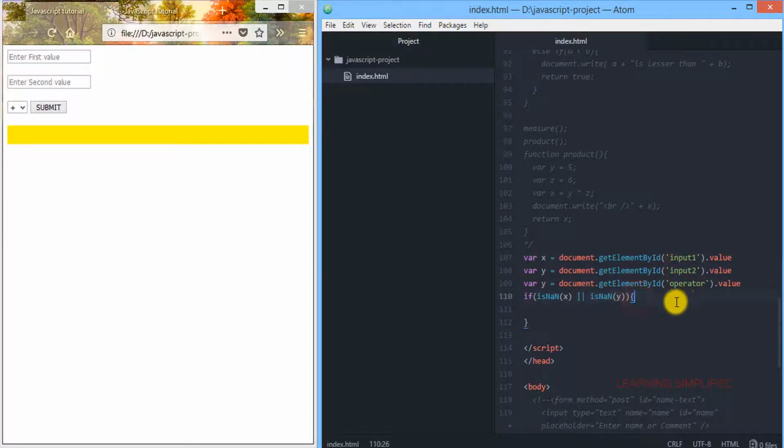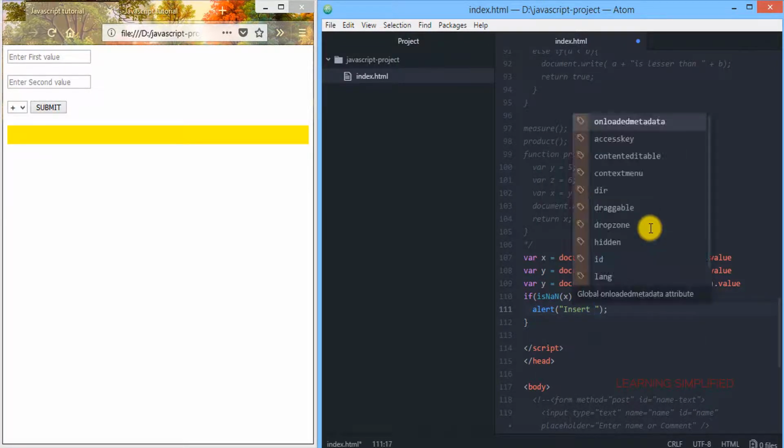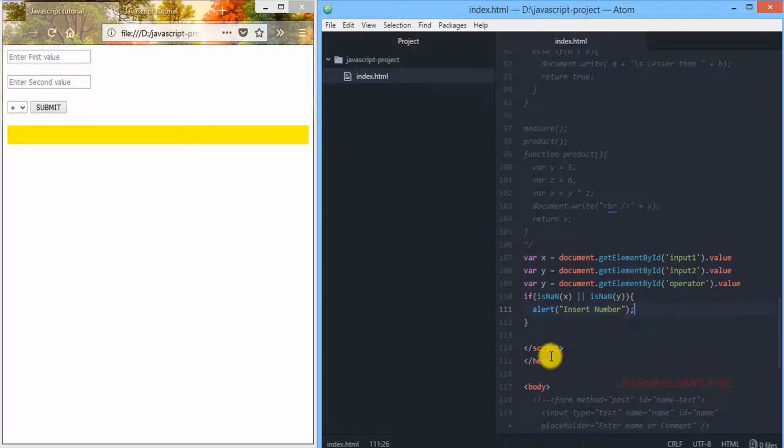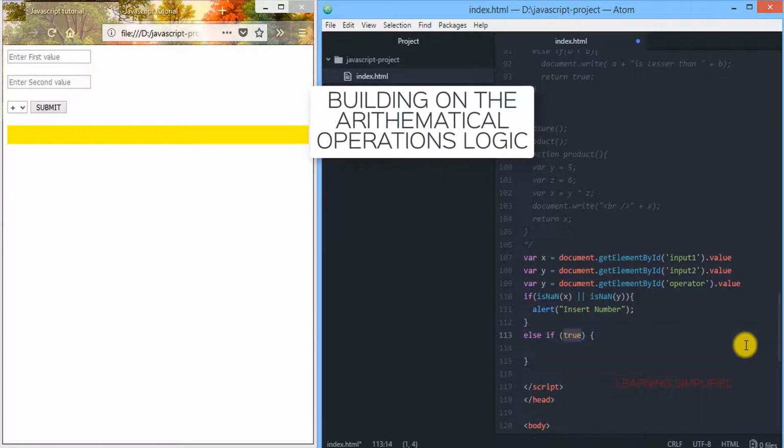This is the first thing that it is going to check here. If it is true, then it is going to alert the user to insert a number. And if not, else.